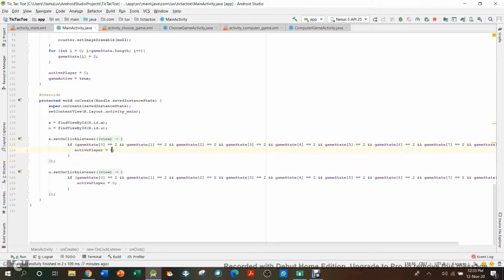And then the active player will be equal to 1 because 1 is X, and for O just do the exact same thing and set active player equal to 0.